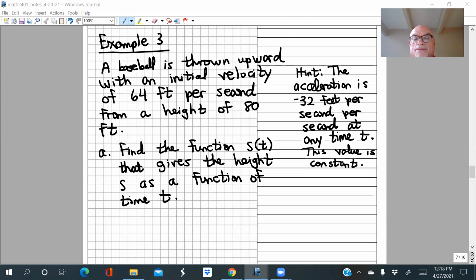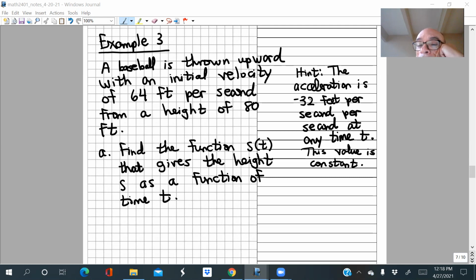It seems like we don't have a lot of information here to go on. But we do, we have some, so maybe there's some hope. First, we know the acceleration. We don't know the formula for this function s, the function that's going to give us the height of the baseball after a given time t. We don't know much about that, but we know that the acceleration here is minus 32.